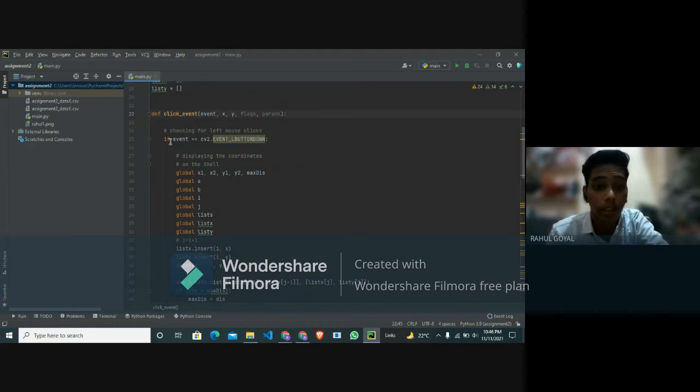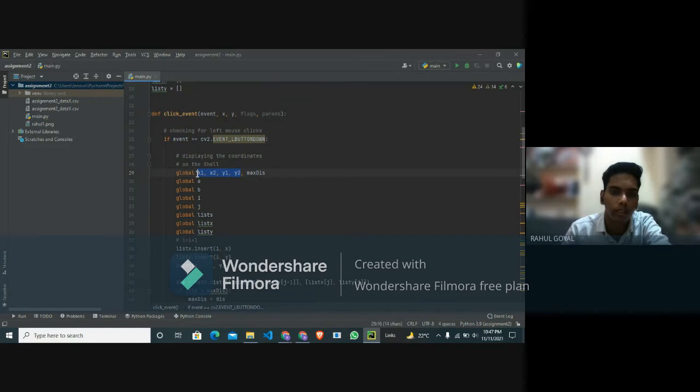If event is equal to cv2.EVENT_LBUTTONDOWN, it works when the left button is pressed in the window, and then all the code runs. Firstly, declare the global variables x1, y1, x2, y2 to store the coordinates of the 2 points, and maximum distance for the maximum distance.